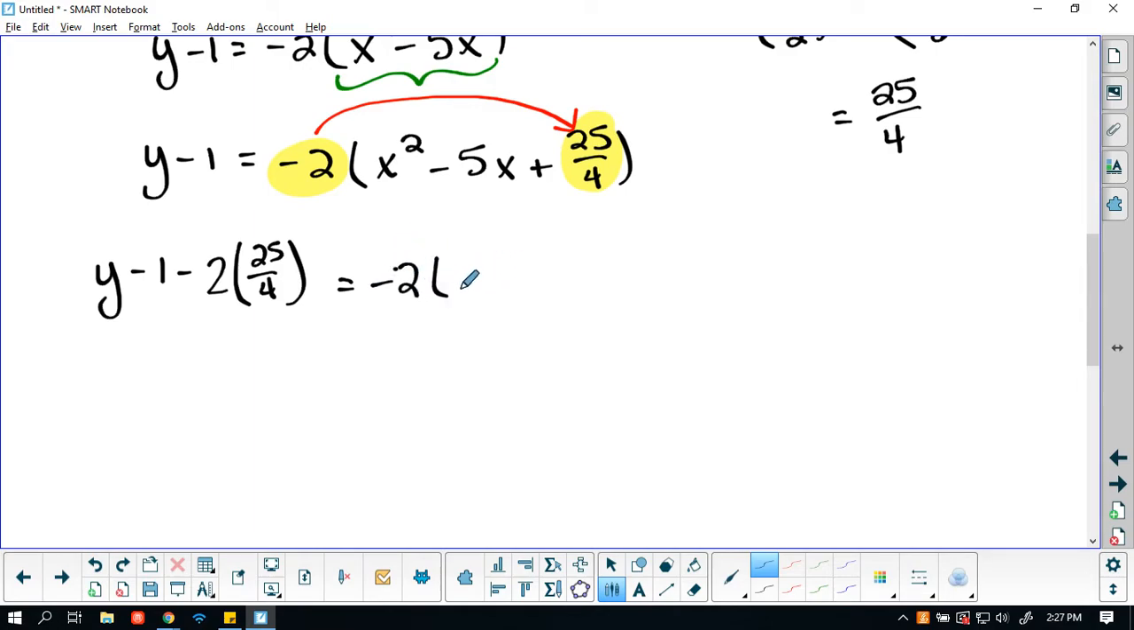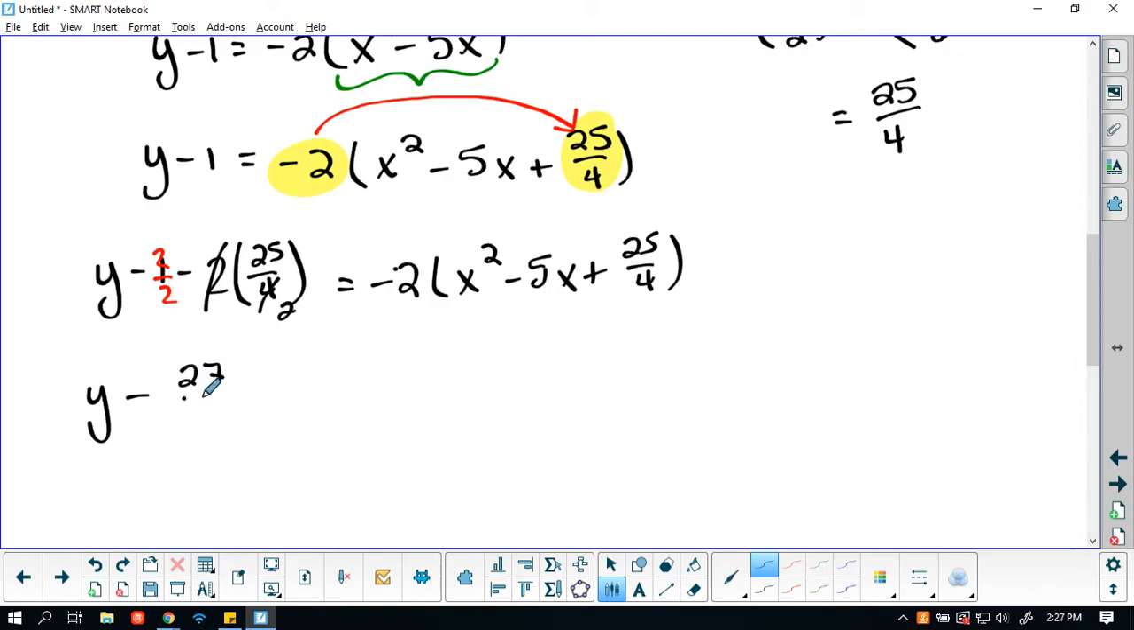negative 2 times (x squared minus 5x plus 25 divided by 4). The 2 cancels out, so we have 25 over 2. I'm going to make this 2 over 2 so that I could easily combine them. So this is negative 27 over 2, I believe. 25, 26, 27, yeah. Equals